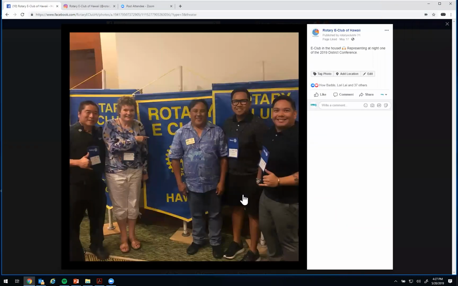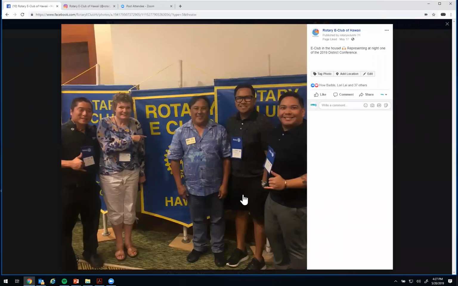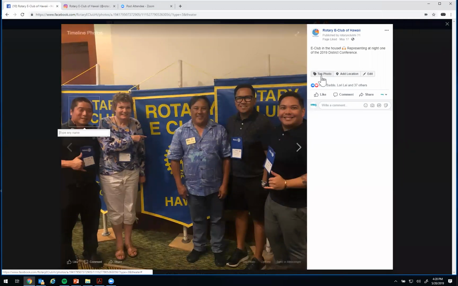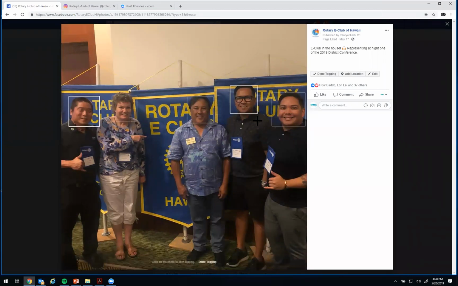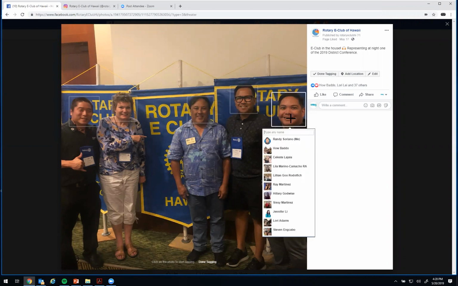Okay, so if you wanna tag people, when you click into the photo, it'll say tag photo. And you can just click tag photo. What's great about Facebook is that it's super intuitive, that it'll already populate these face recognition things. You can just click on this and it'll populate names of people.